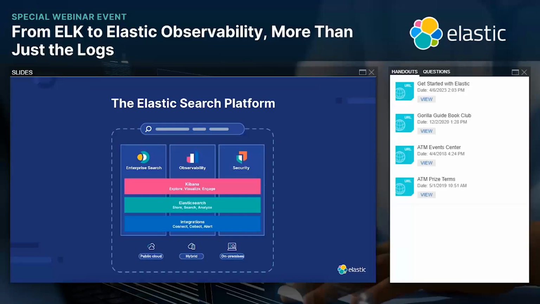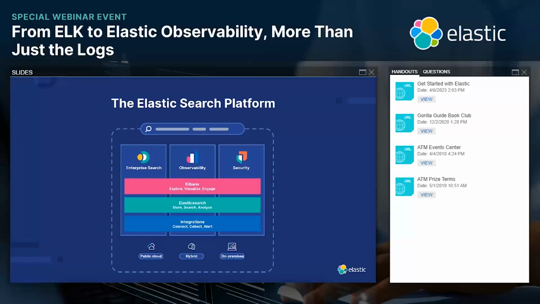As many of you know, Elasticsearch was founded as a full text search engine. The goal was to help users find relevant information faster at scale. Affectionately called the ELK stack, it was often used for ingesting and querying of log files. Over the years, Elastic as a company has evolved to serve a much broader scope, and the ELK stack has evolved into a highly scalable, distributed, trusted data platform that provides an end-to-end observability solution, security information and event management solution, and enterprise search solutions.